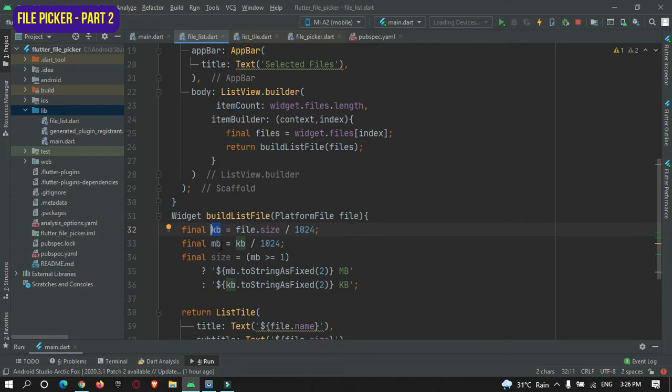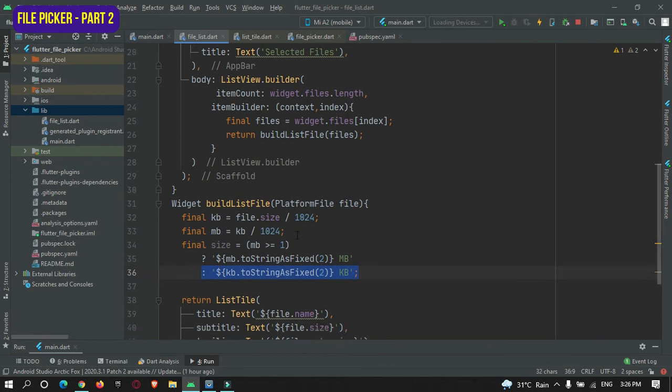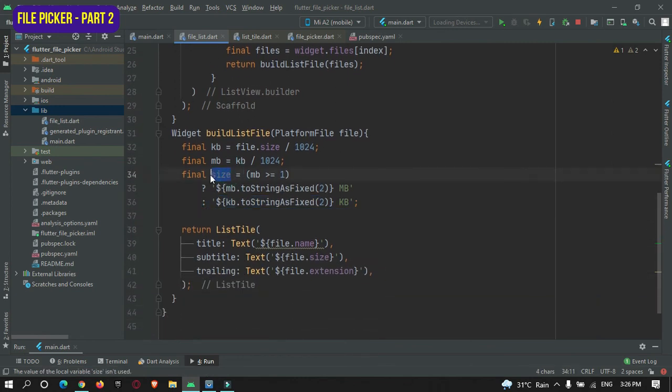Then we convert the KB into MB format, and then we store the string data in this size variable. If it is more than 1, then we store MB, and if it is less than 1, then we store it as KB. Now let's use this size variable over here.